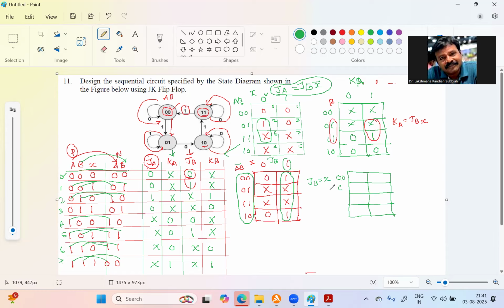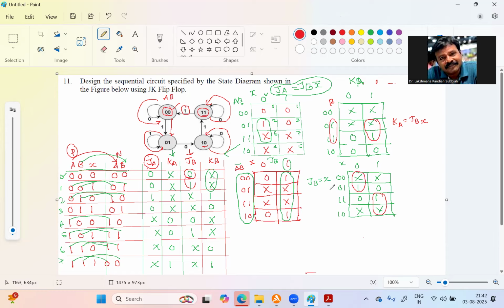0 0 0 1 1 1 1 0. So now we are having X as 0 1, right? Now we are filling XX, XX, then 1 0 1 0, then here we are having XX XX, and then here we are having 0 1 0 1, right? Now you take that one as this X and this one X,